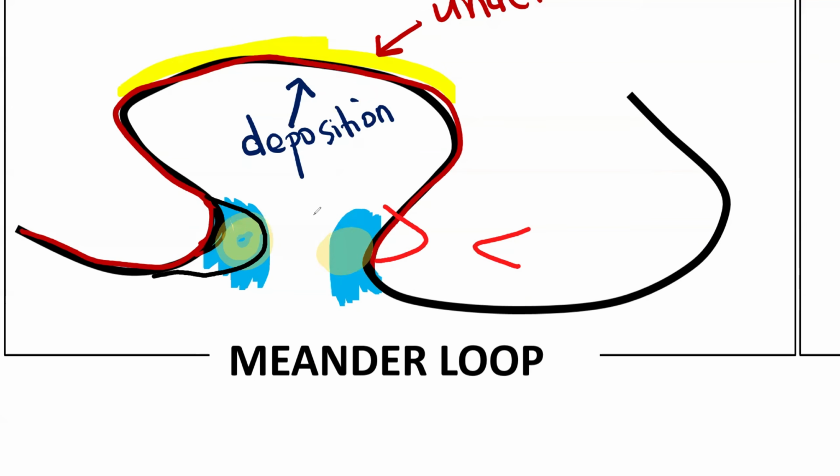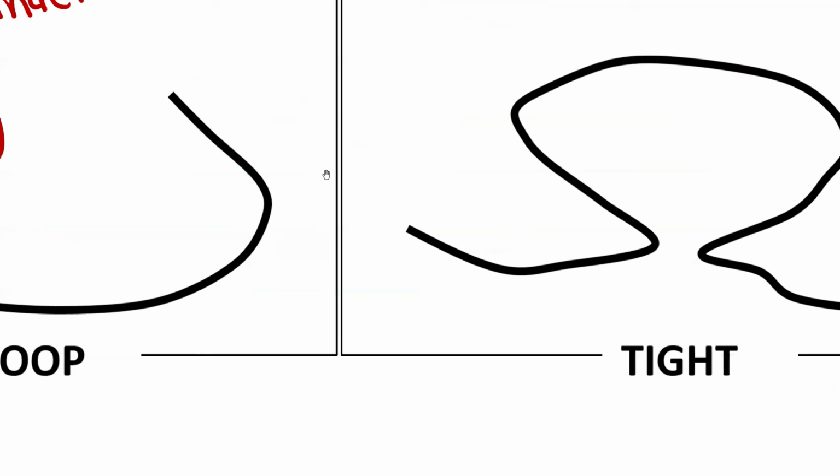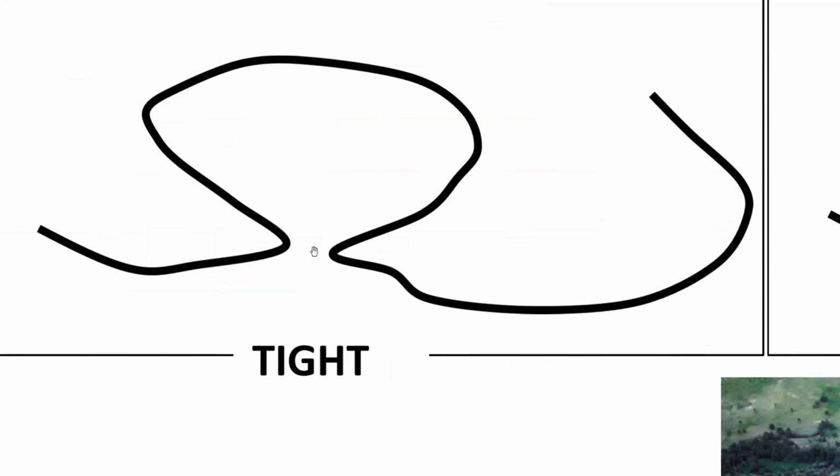So basically, the undercut slopes shift and get closer to one another, such that your meander will end up looking entrenched. It simply means that now the outer bends have gotten closer to one another. Do you guys see what I'm trying to say here? That these outer bends have gotten closer to one another. Do you guys see it? Yes, sir. So the outer bends keep on getting closer to one another. And this will continue happening and happening.